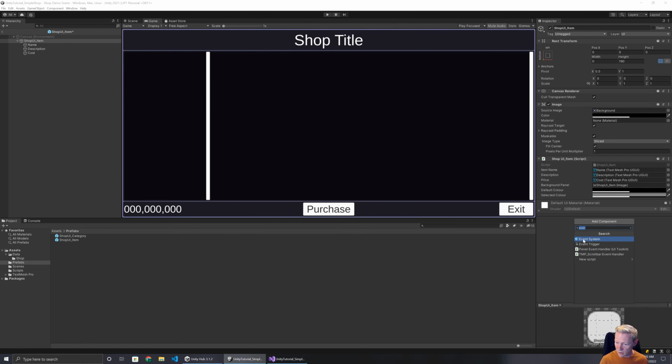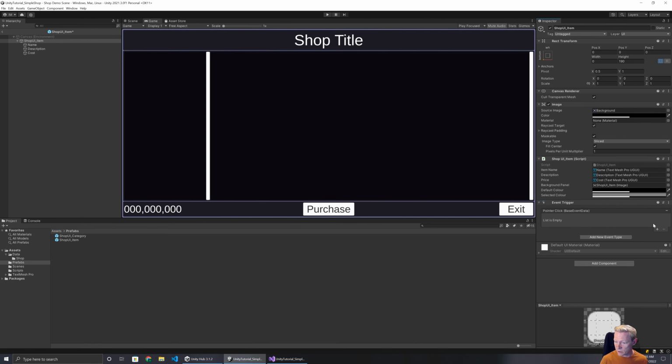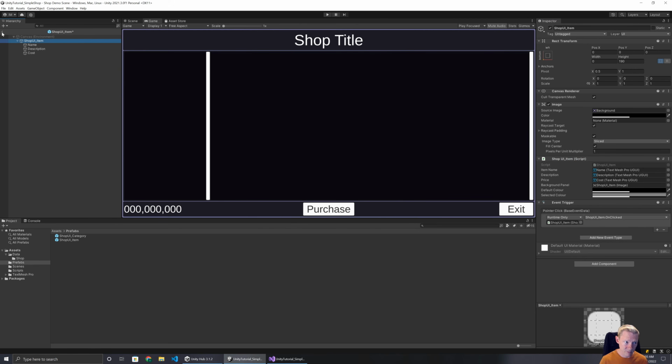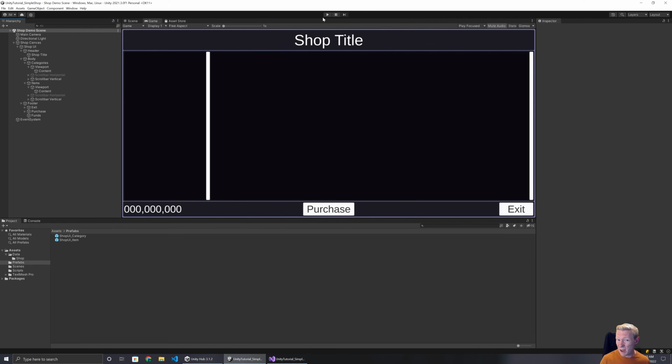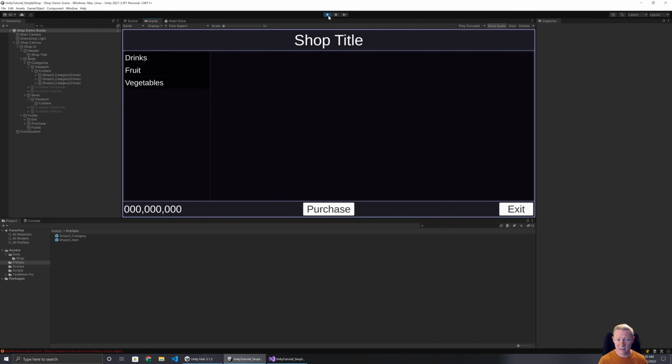We also then need to add in, again, an event trigger. We add in our pointer click, and it's going to talk to the shop UI script and send our onClicked. So this should mean we have items that we can click on, that when I select a category here,